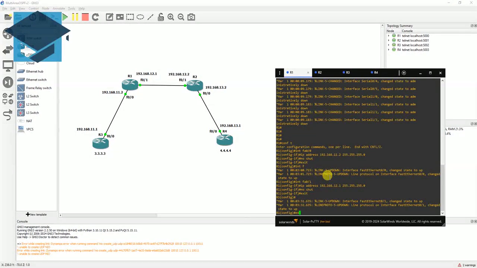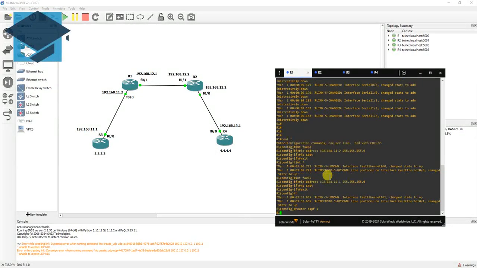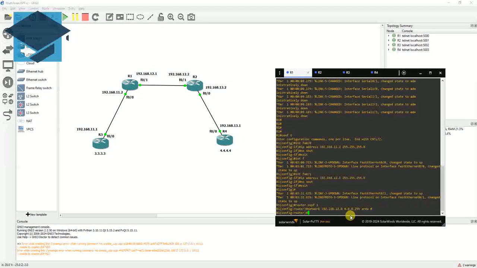Now for that we need to set up OSPF. So router OSPF, the one which we did earlier in part A. Okay, now I'm going to create a network which will be a multi-area network. So 192.168.12.0. Okay, we can see where this is coming, 12.0 here. Give the mask, specify area 0. Okay, now this is one area that we have created. We're going to go ahead and create a second area, giving the name as area 1. So network